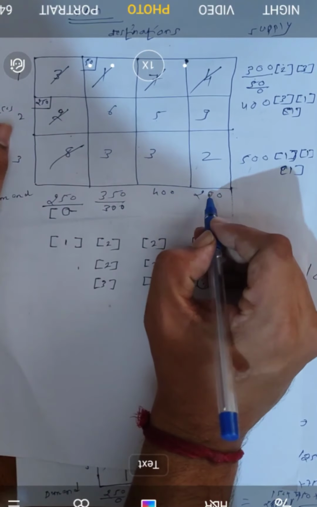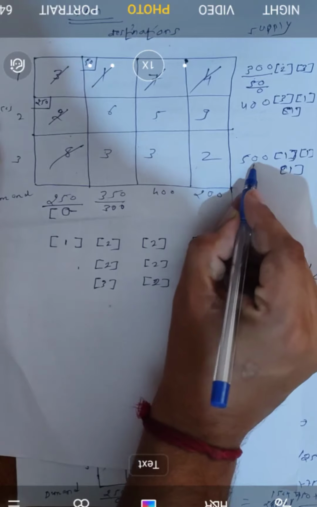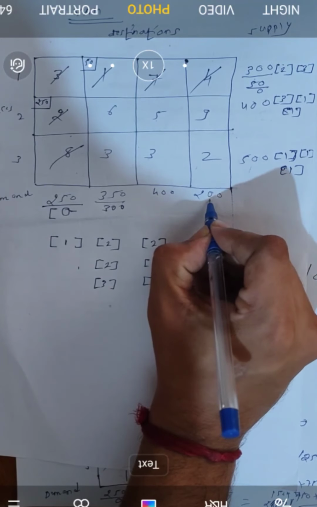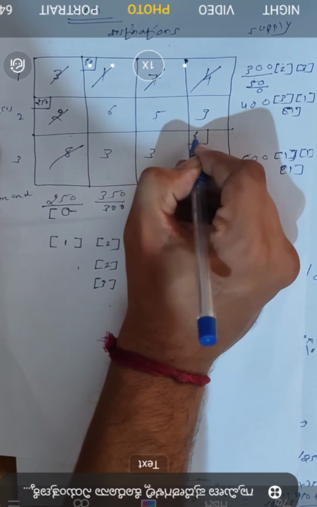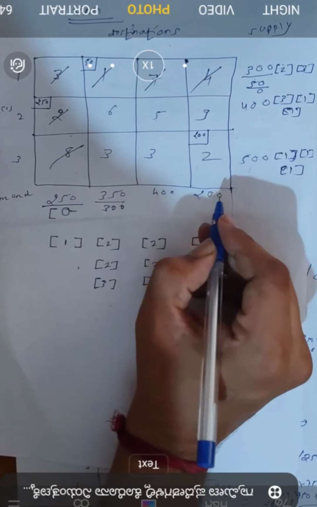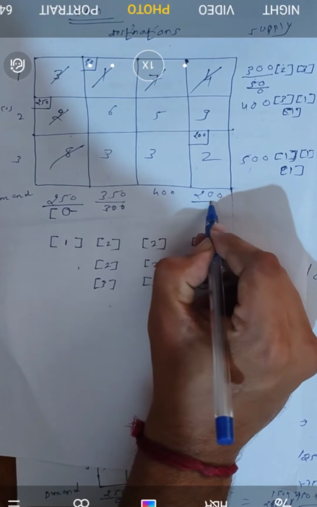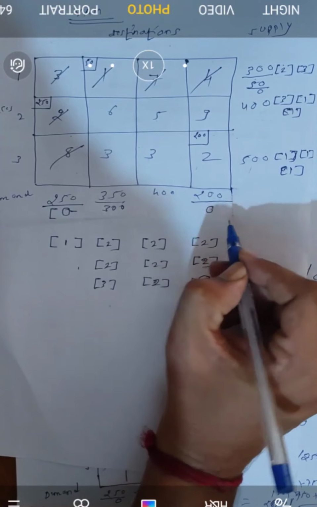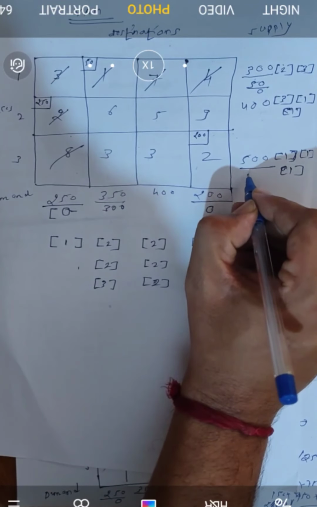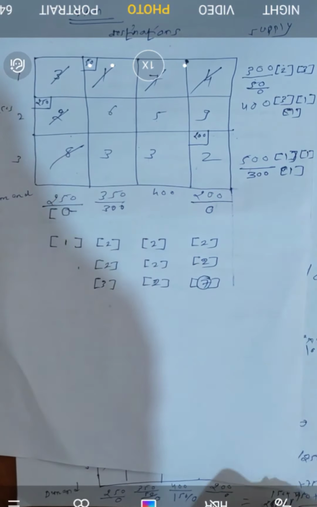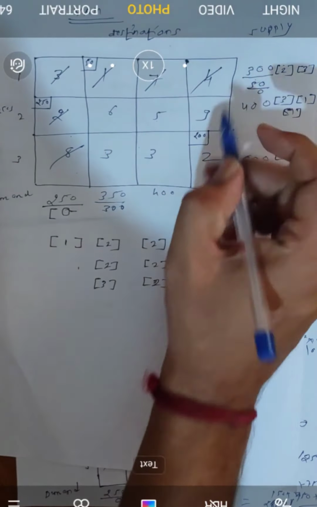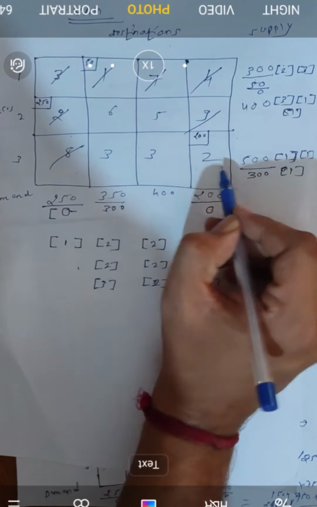So what is the demand? Demand is 200, supply is 500. Which one is lesser? Demand is lesser. So that's why I am going to make allocation of 200 here. So 200 I have allocated. So its demand has been fulfilled. So 0 is remaining. Out of 500, 200 has been supplied. So remaining will be 300. So now demand of this last destination is over. So that's why I delete all these elements.